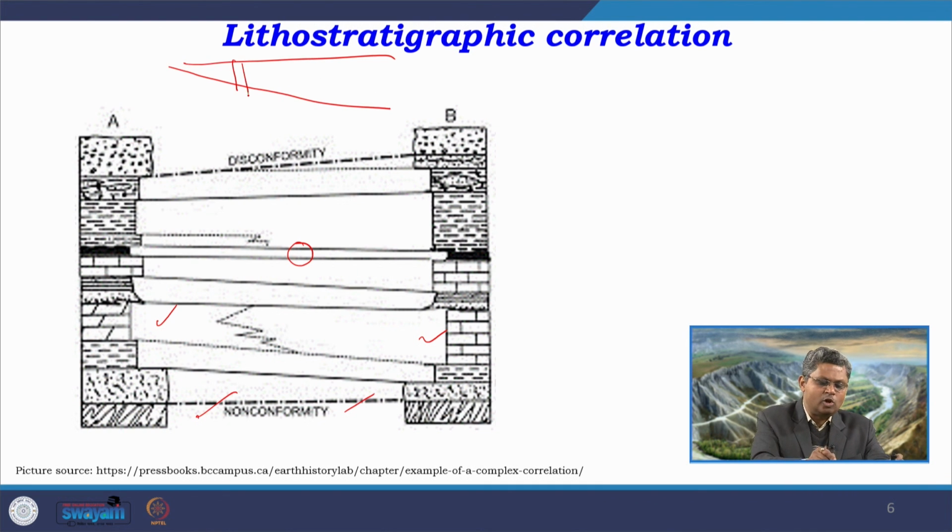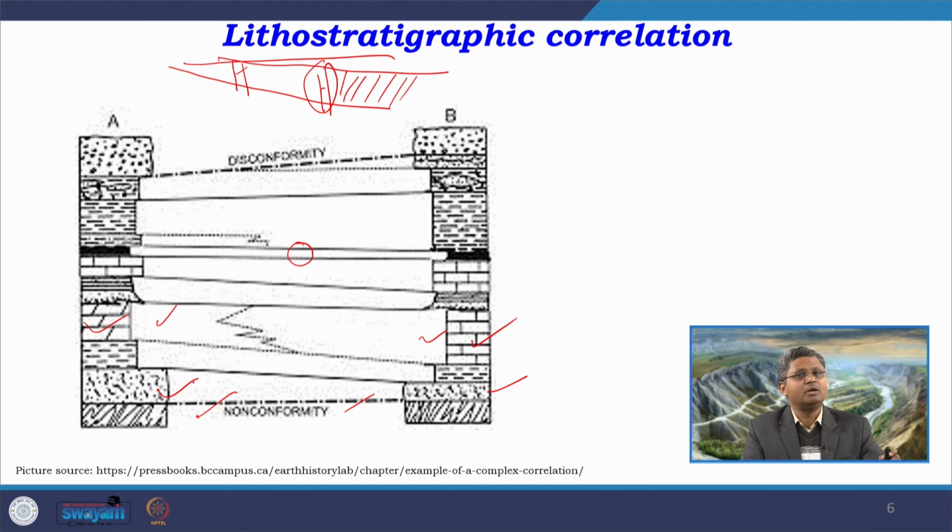So if you are getting a log from somewhere here and a log from somewhere here, where the entire depositional succession is this much, then definitely the thickness of one particular litho unit, say for example this limestone unit, may not be exactly the same as over here. The thickness of this particular sandstone and this particular sandstone may not be the same, because the conditions here and here are different. The depth conditions are slightly varying, but they are time correspondent. They are deposited at the same time.